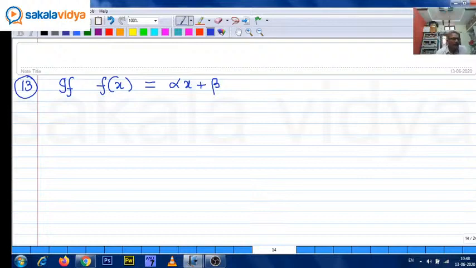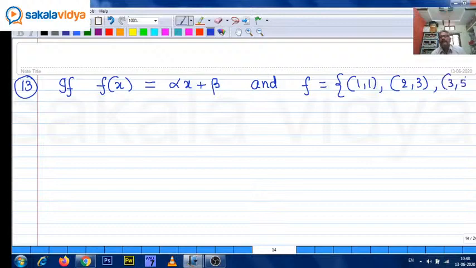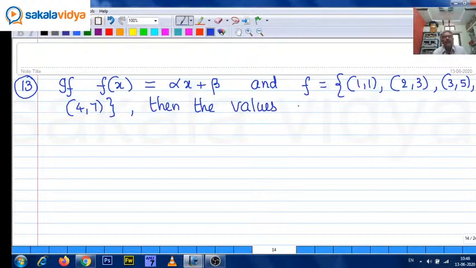If f of x is equal to alpha x plus beta and f equals the set {(1,1), (2,3), (3,5), (4,7)}, this is set builder form, then the values of alpha, beta are